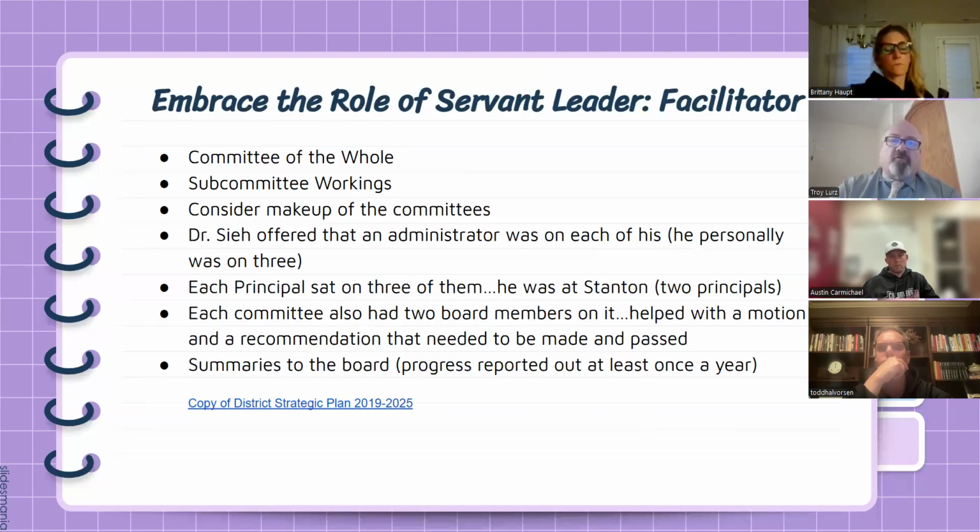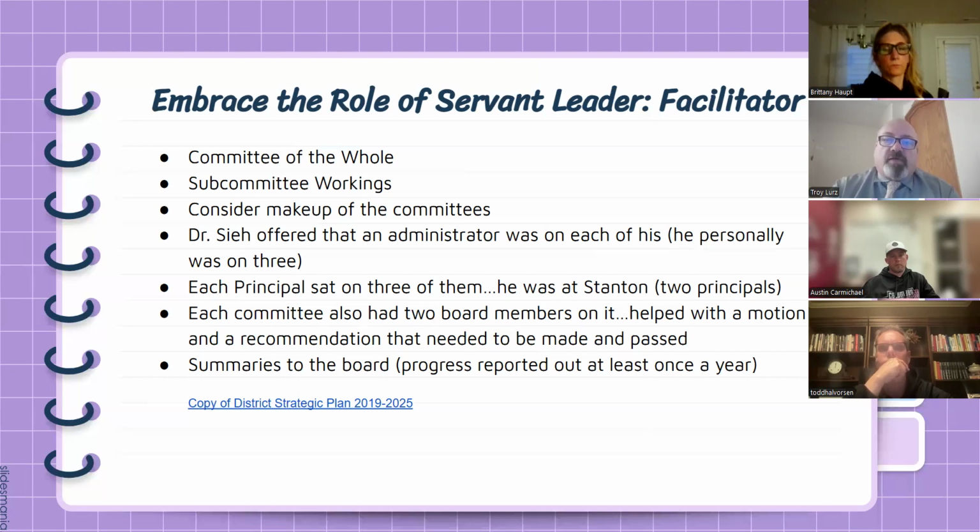Now it's a little farther down the road than where we are with our stakeholders group, but that's what I asked of Dr. C. And he gave great guidance on when those summaries go to the board, that progress should then be reported out. He talked about it in terms of thinking of our action plan as being like a lesson plan. So when we go into having the conversation with our groups, be thinking of it in terms of a lesson plan, like in a classroom. We've got to teach them along what we're trying to get to, what the end point is, before we start.